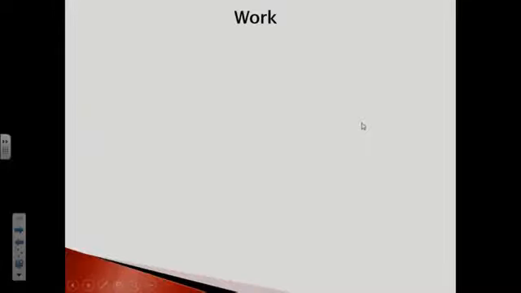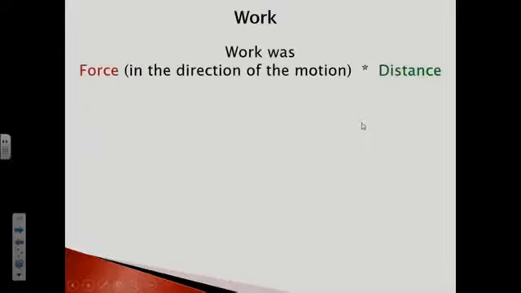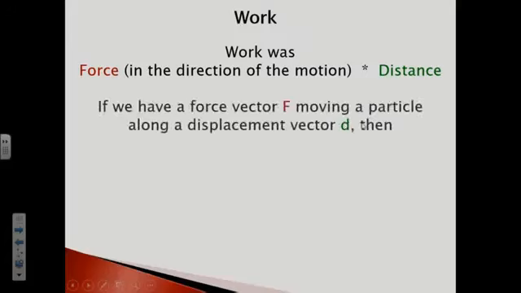One important application of the dot product and projection occurs in physics when calculating the amount of work done by a constant force. When a constant force is applied to an object through a distance d, the work performed is defined by the product of force and distance. Now we consider force F acting in some other direction and moving a particle along a displacement vector d. Then the work performed is given by the product of the scalar component of F along d and the distance moved by the object. This is exactly equal to the dot product of F and d.